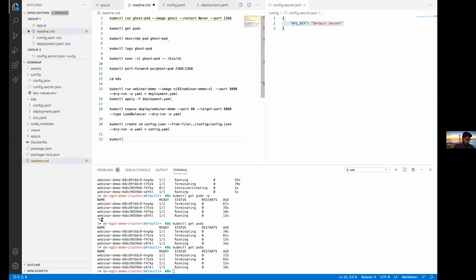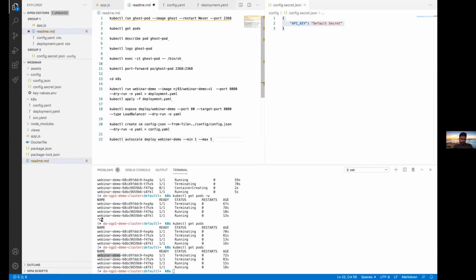I can't remember how. All right, so it should be kubectl autoscale deploy, and I would give the name of the deployment, which in this scenario is webinar demo, and then I would say --min equals 1, --max equals, let's say, 5,